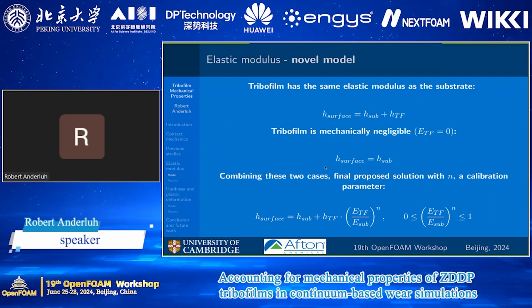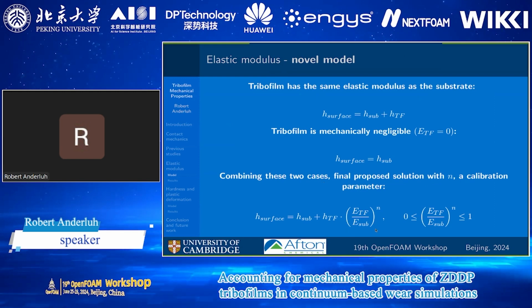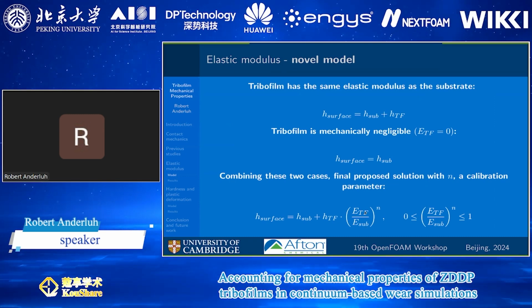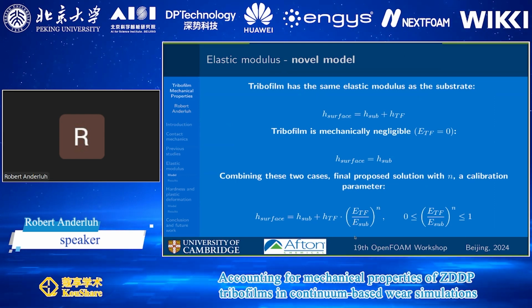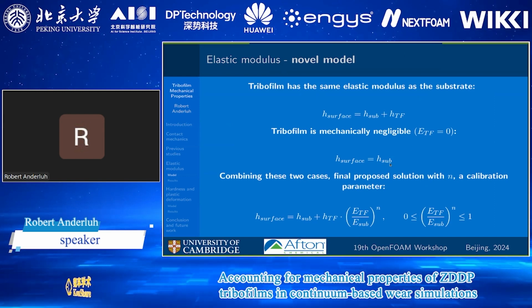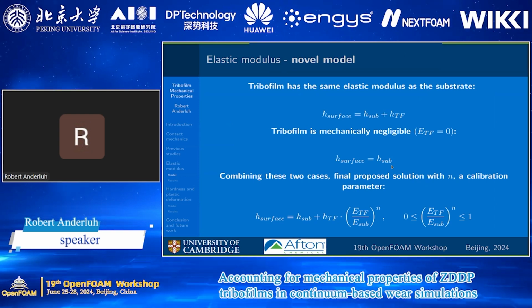And when we combine these two cases, the final proposed solution is to use this term, which has the ratio of the elastic modulus of the tribofilm and the steel. So we're accounting for this here. And we're using a calibration parameter n. And in general, this whole term has to be between 0 and 1 to respect that we have to be in between these two scenarios. So right now it sounds like a bit of black magic, but